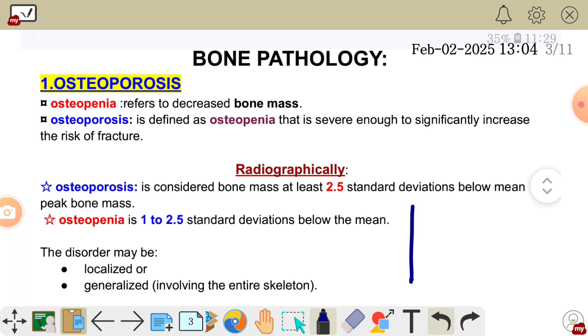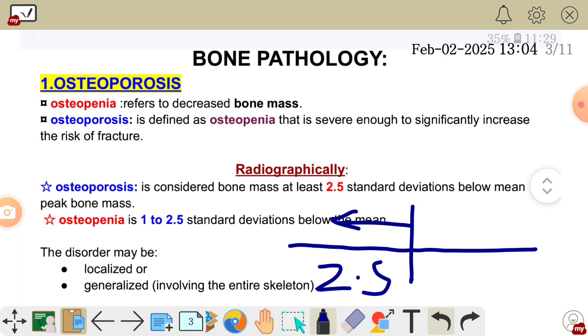Then from that single figure, if we have someone who is 2.5 standard deviations below the mean, which is the average, then we are going to consider that to be osteoporosis. That will be considered to be osteoporosis